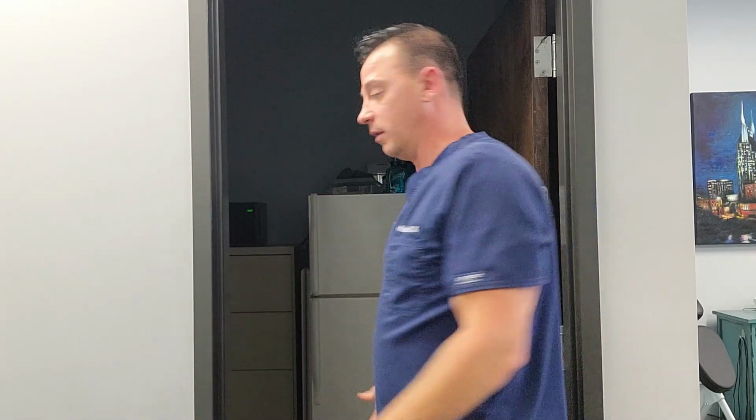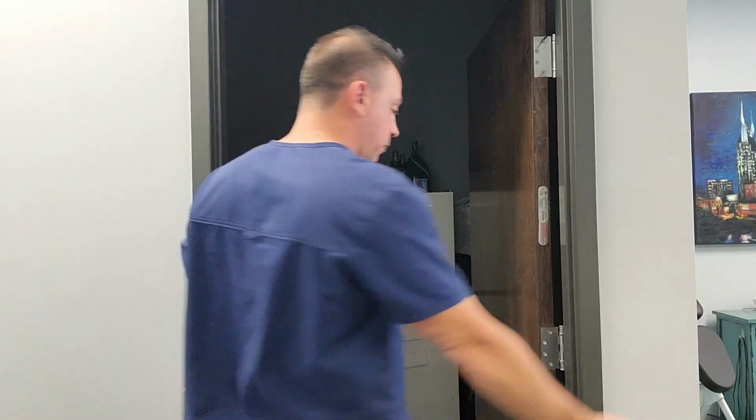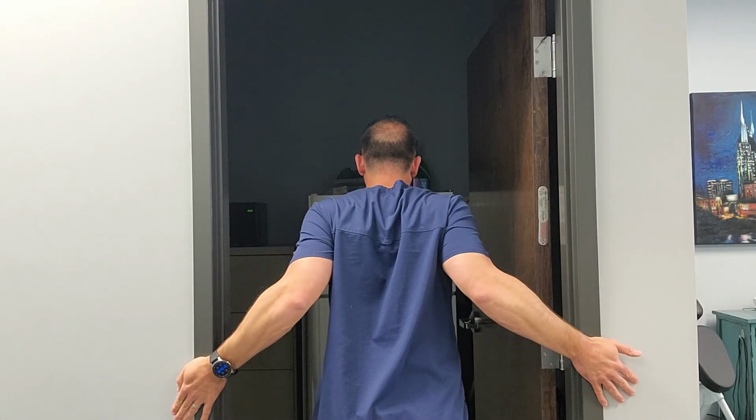Now that's up high. You can also do down low. If you want to do down low, you just put your hands down low, again, on the door frame and lean in. Okay, so now that we have the area stretched out and relaxed, now we need to strengthen the